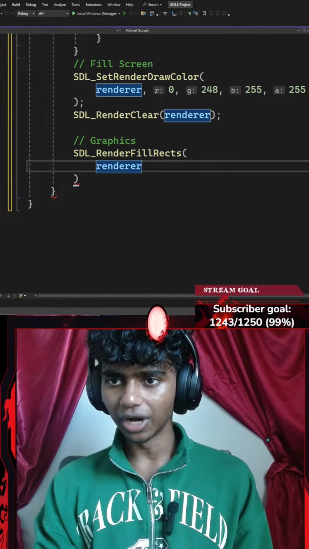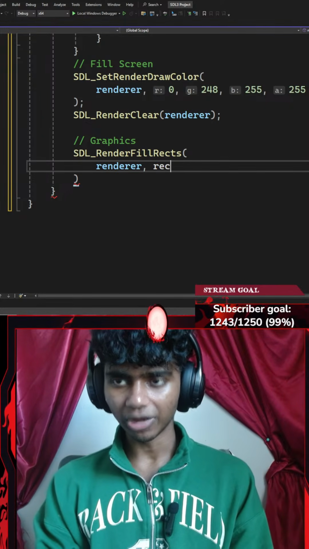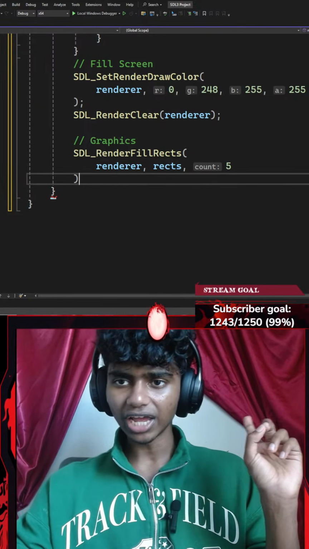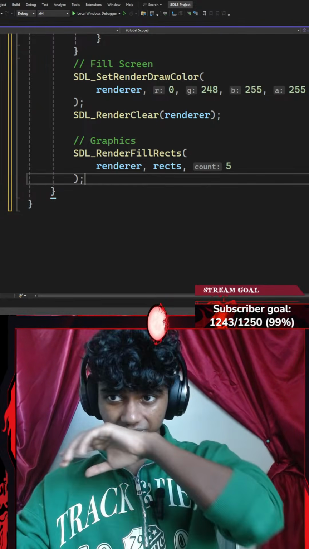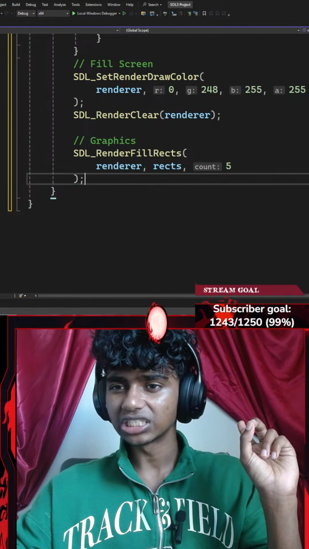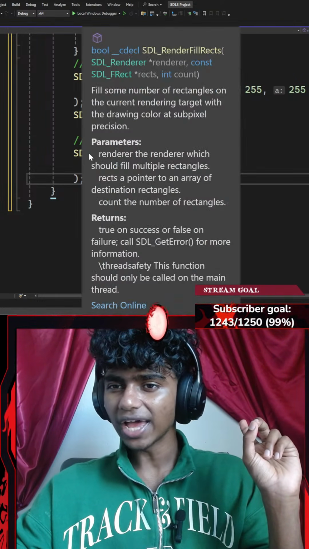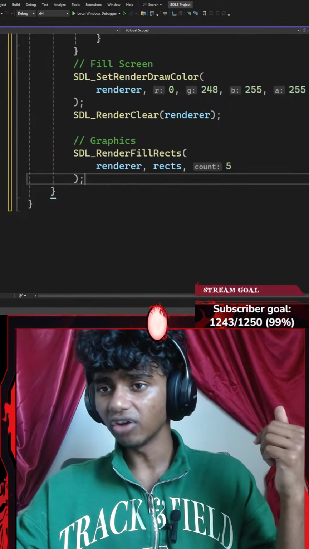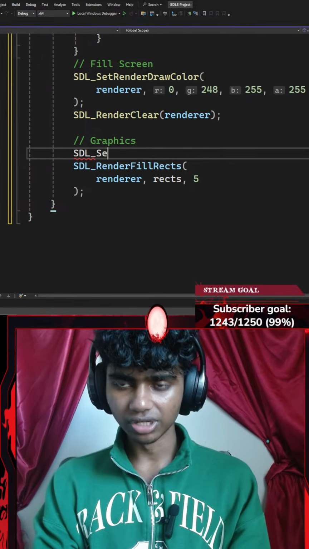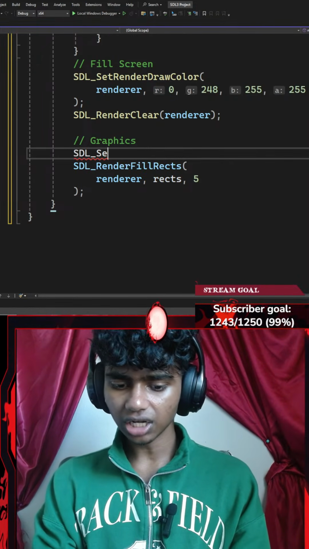Okay, and then let's go ahead and give my rects array. Lastly, I'll go with 5 elements because my array has 5 elements, ending with a semicolon. Okay, perfect. When I do SDL_RenderFillRect, I might have to go with something like SDL_SetRender